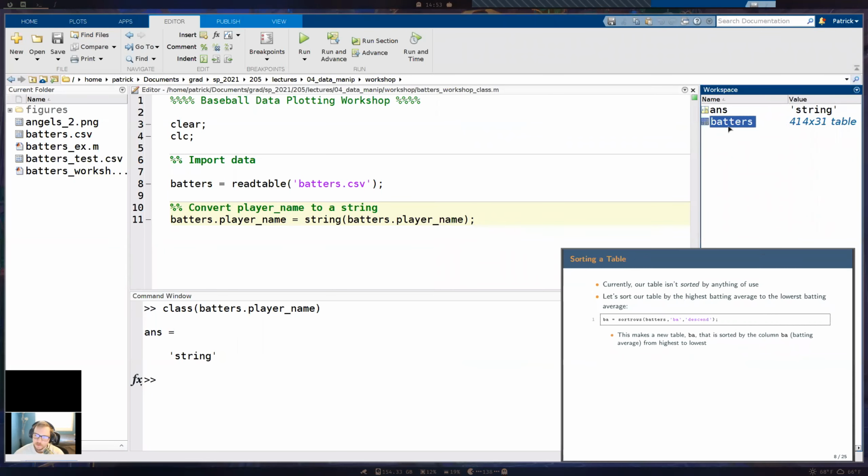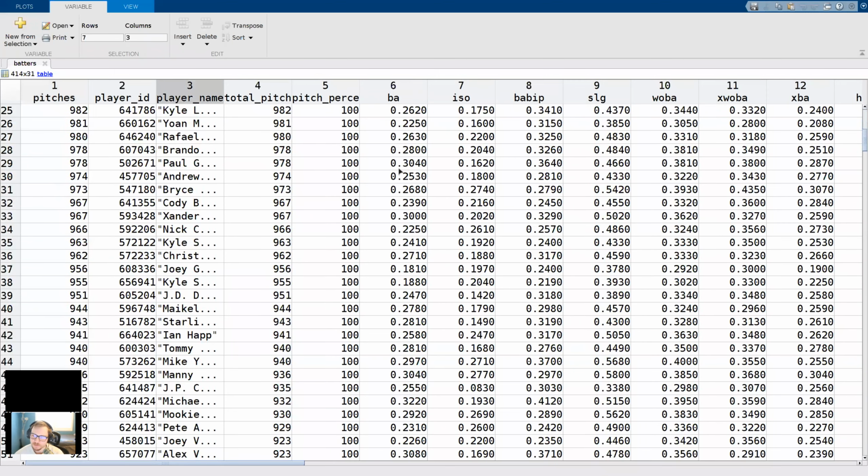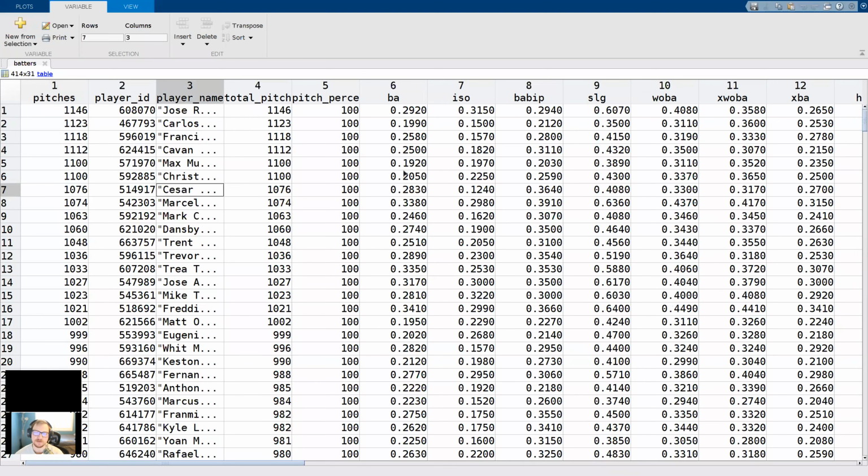Currently our table isn't sorted by anything useful. At least it's not clear what the default sorting is. It's not alphabetical. BA here is batting average. I know not everyone's going to be a baseball fan, but batting average is what you would assume from the name. It's basically how often somebody gets a hit. Here, this person gets a hit 29% of the time.